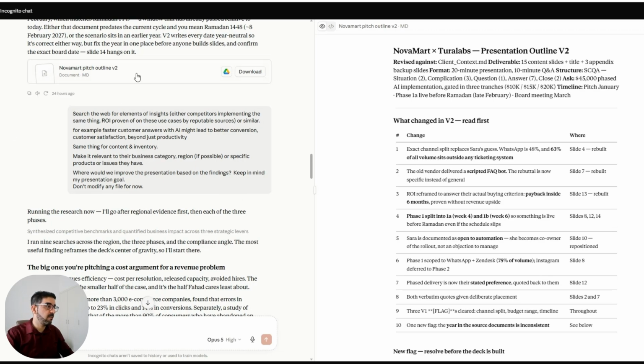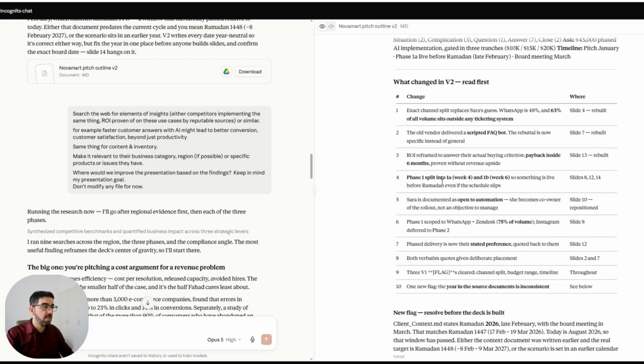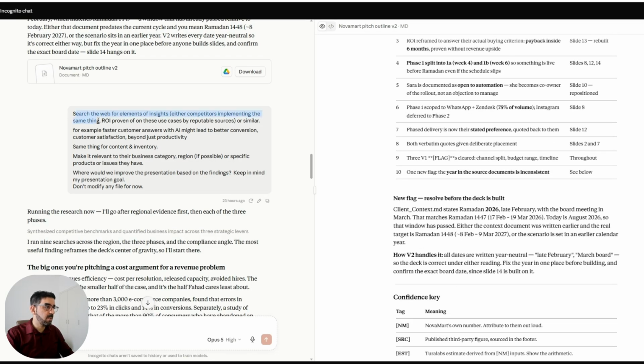As you can see here, we have the V2. As we said, we have the changes and we have the modifications, and I wanted it to get me some more elements, some return on investment elements from online. So it goes and looks for return on investment numbers online from reputable sources, and I want to get some outside proofs online. I can also put here some use cases we built with Tura Labs in my own agency to convince the client, some testimonials, anything you think will